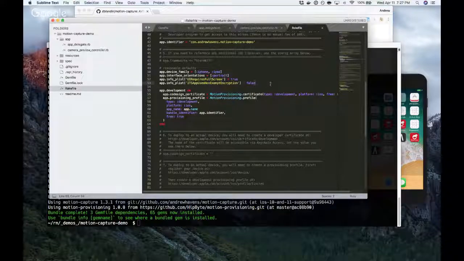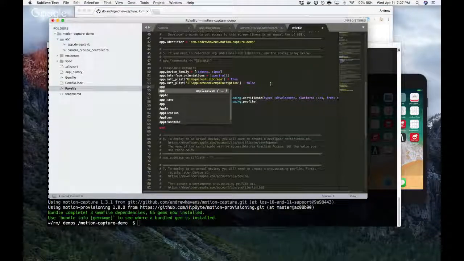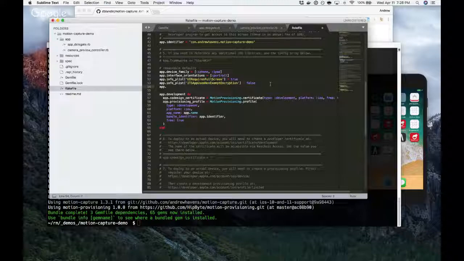Basically, you need to ask the user for permission in order to use their camera, and it's going to display a description of why you are using the camera. So the Info.plist setting for this is going to be NSCameraUsageDescription equals